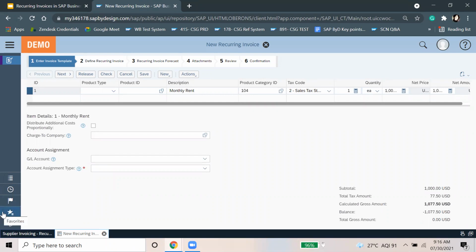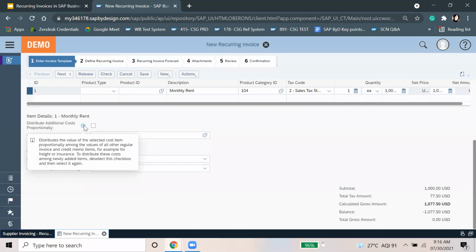If we have to do the distribution for the additional cost proportionality, that is when it distributes the value of the selected cost item proportionally among the values of all other regular invoice and credit memo items, for example, for freight or insurance. To distribute these costs among newly added items, deselect this checkbox. So this option is optional.